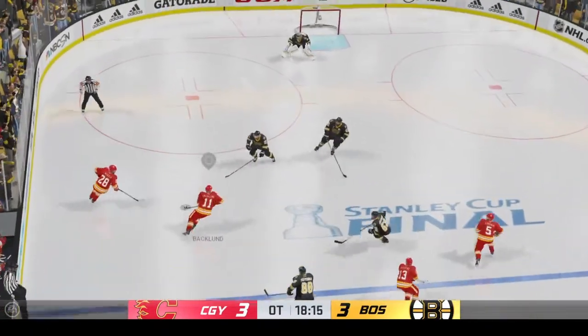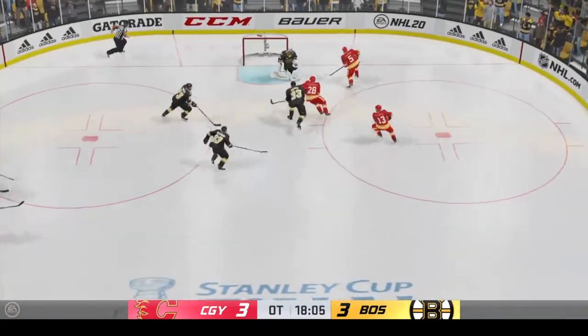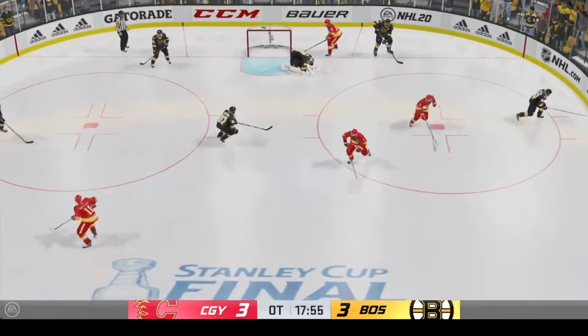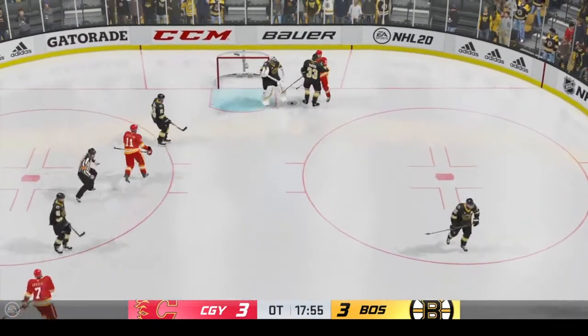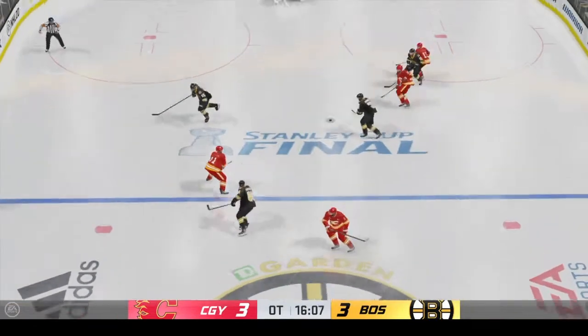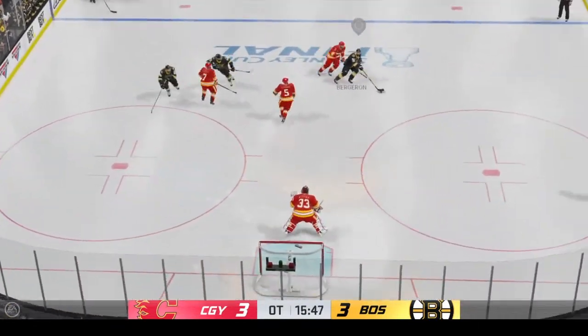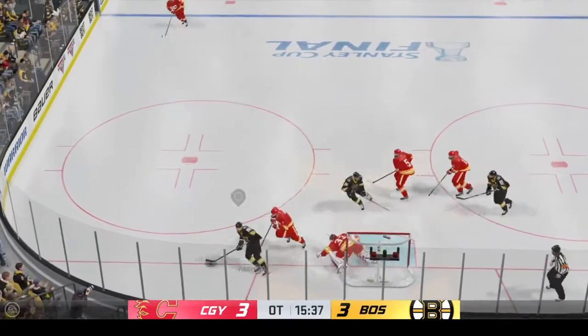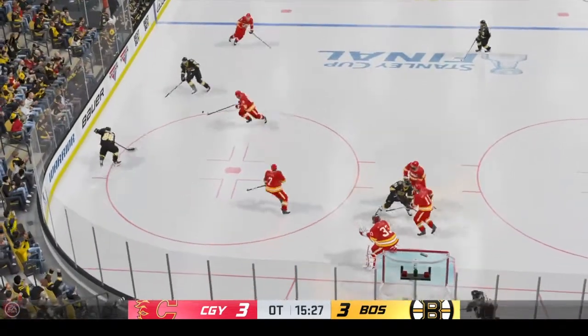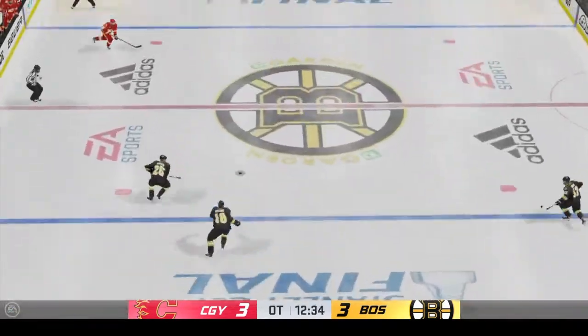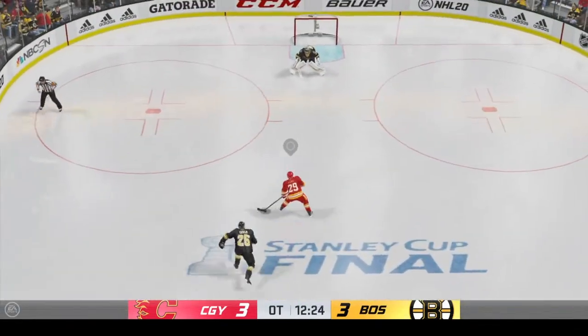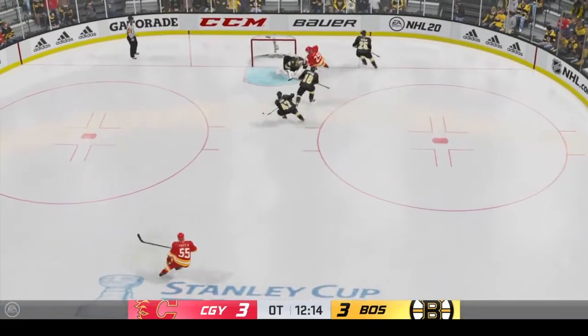Oh, never mind. It could have been a 3-on-2, but they kind of screwed up. Oh, no! Oh, and a save by Tuukka Rask. Backlund, pass gets intercepted. Here's DeBrusk. DeBrusk to Bergeron. Pass! Open for, what a save by Riddick! Pass. Intercept. Oh, my God! Breakaway! Here we go! Game over!